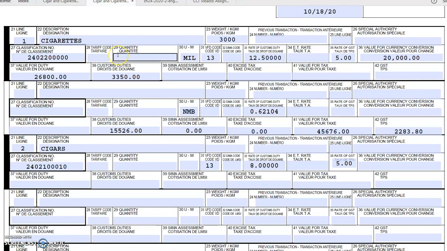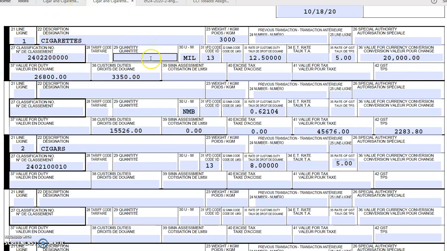We're going to do the cigarettes first because the cigarettes are very similar to alcohol in the fact that it's two lines. First line being the customs duty, the second line being the excise duty. Cigars is an entirely different animal, and we'll show you that in a second. So let's go to the first line. We've got cigarettes,